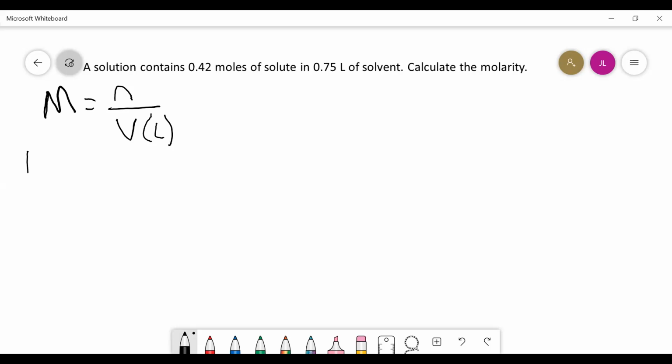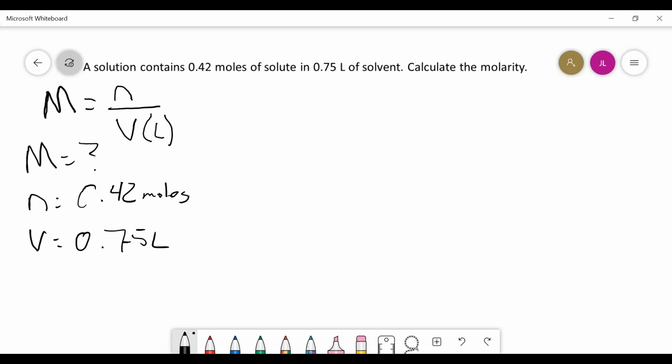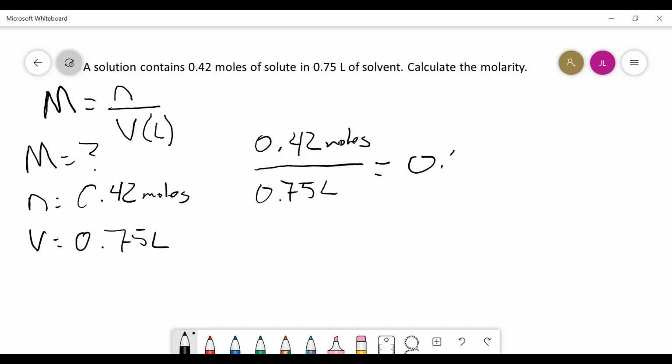So if we create a little variable list here, we do not know what molarity is. n in this case is 0.42 moles. And our volume is 0.75 liters, which is great. So we can do our calculation by saying, okay, we have 0.42 moles divided by 0.75 liters. We divide by 0.75 to get to 1 liter, and we end up with 0.56